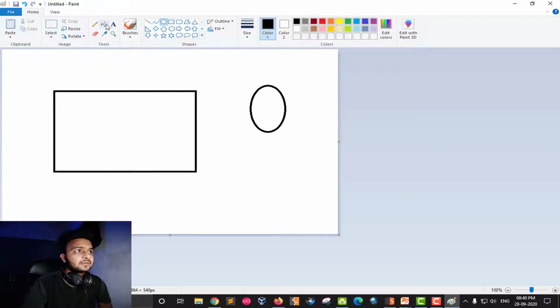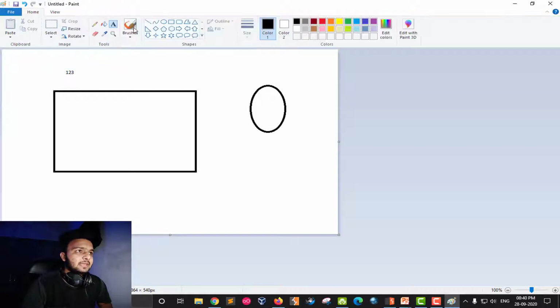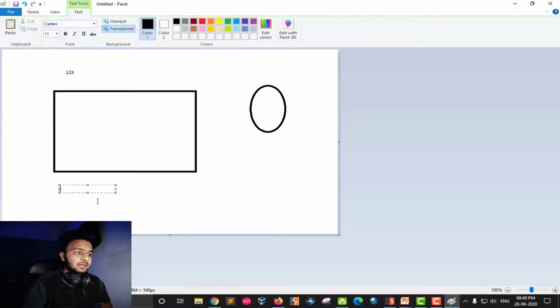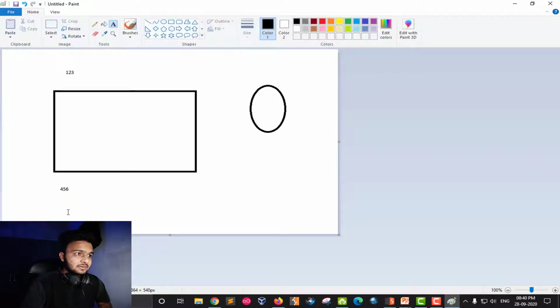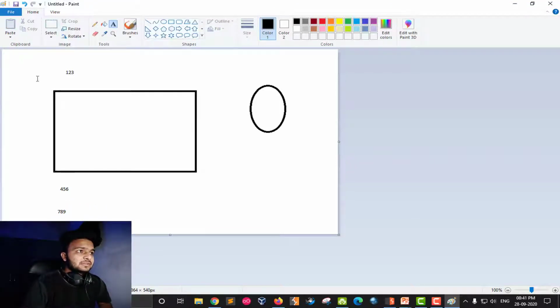Your ID is 123, you are the user 123, and the other users are like 456 and 789. So there are mainly three users, which are 123, 456 and 789.